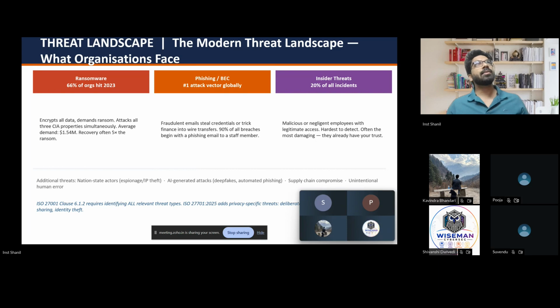The best example I believe is the Tiranga movie. Have you seen it? Yes. So they kidnapped two scientists, and they asked them to give the code of the missile to release the missile on our own country, right? Yes. So that is nation state actors, AI generated attacks, deep fakes.